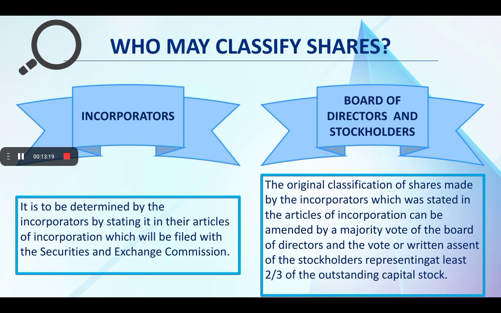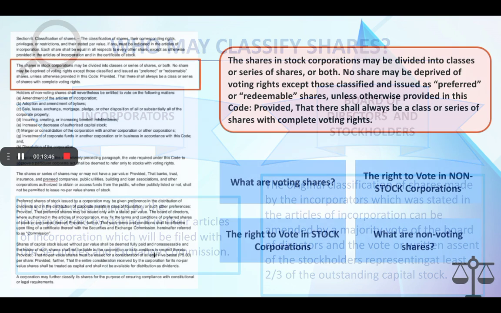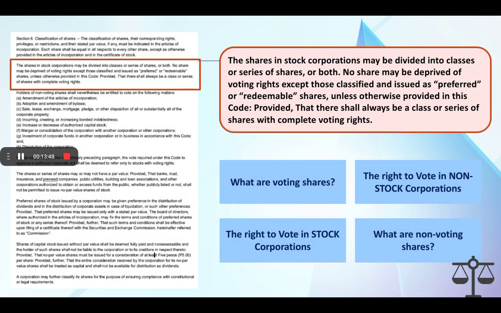So, yung nakasulat sa Articles of Incorporation is pwedeng baguhin ng Board of Directors as long as majority of the board ang nag-vote sa changes ng classifications of shares. So, in terms naman sa stockholders, as long as 2/3 yung vote, pwedeng mabago yung classification of shares. So, next is